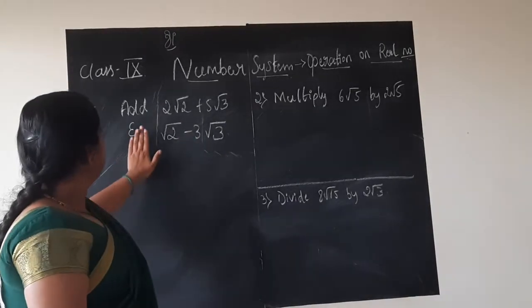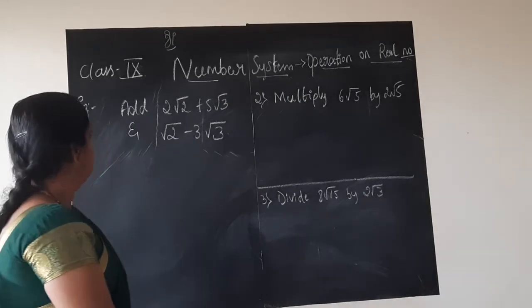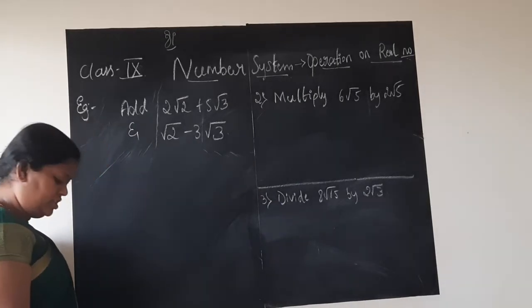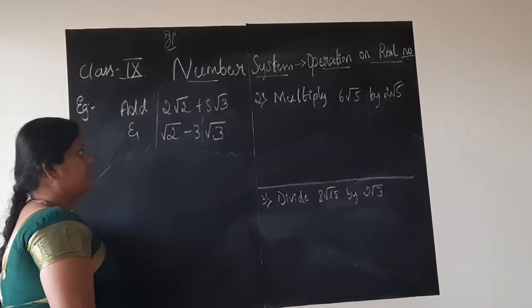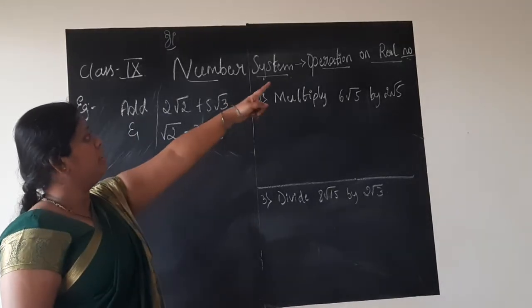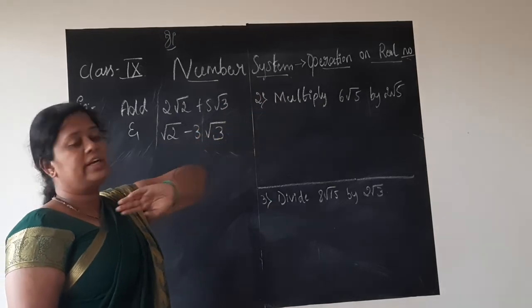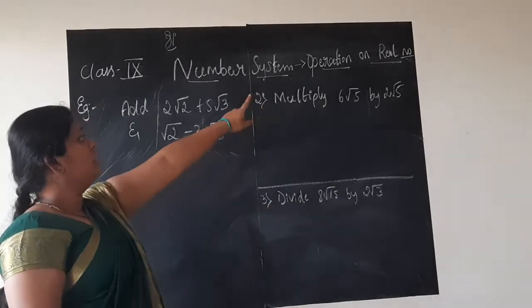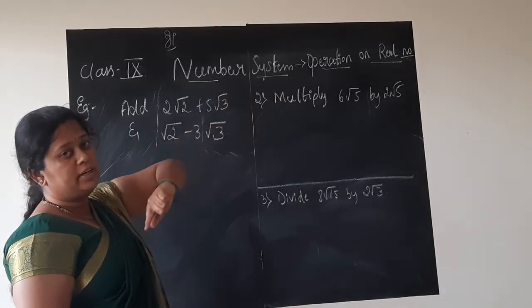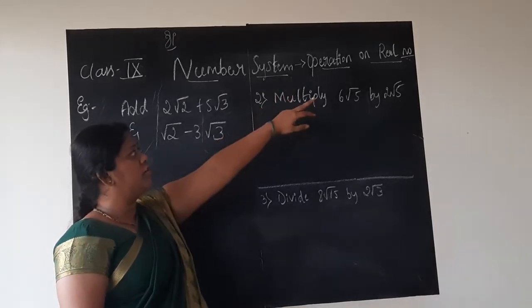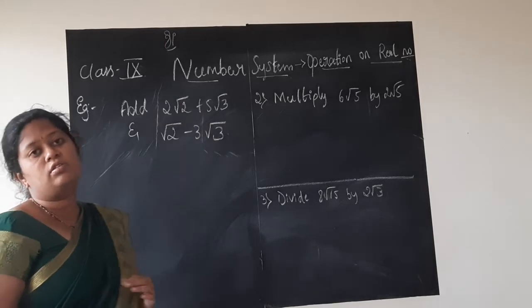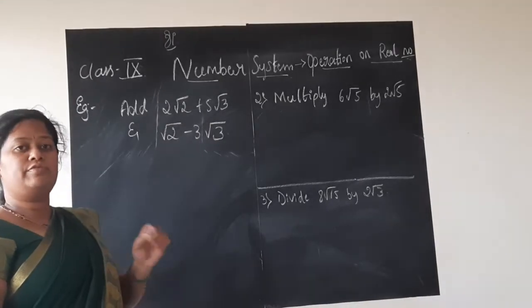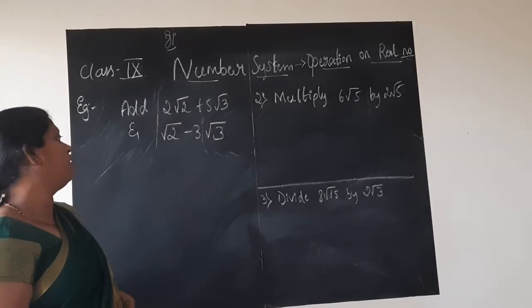So first we shall solve these three exemplar problems. Again I am telling you, you need not do this in your classwork. You can directly go to the exercise. Put the heading operations on real numbers. We don't want exercise 1.4. After 1.3, which you completed in the previous session, write the heading operations on real numbers and go directly to the exercise. Before that, I will tell a few points which you need to write in your class.